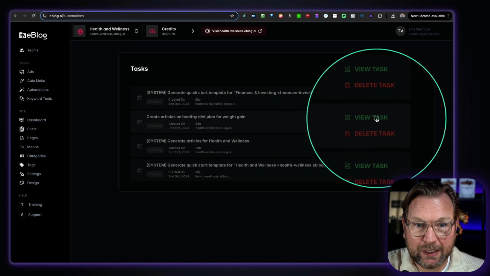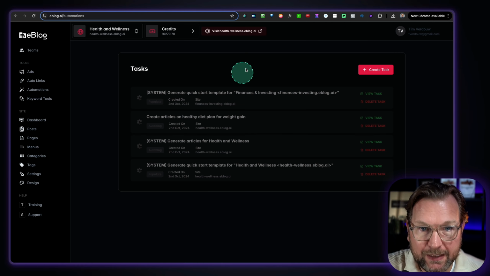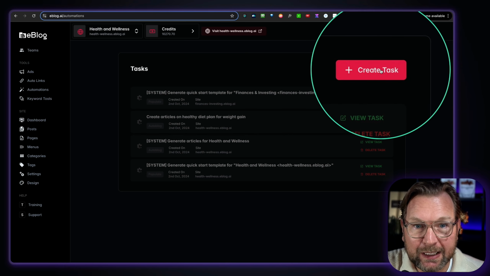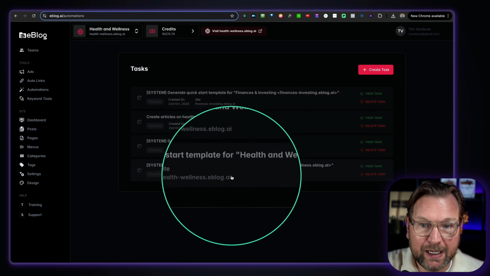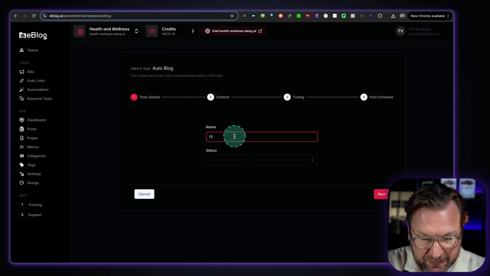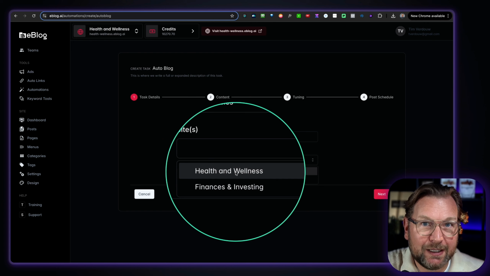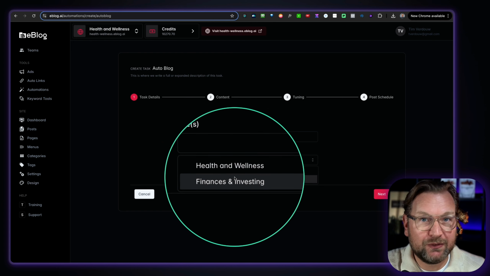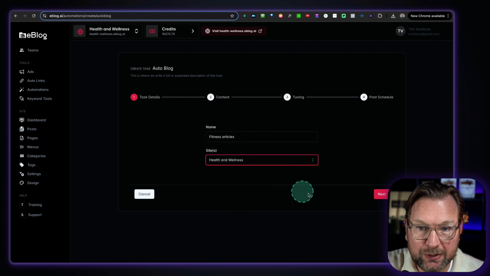So for example, when I click on view tasks, you can see that these 2 articles have been written and posted for me already. But to create a task, you simply click on create task, and here you say, I want to hire the AI to write for me. So we're going to give this task a name. We're going to say fitness articles, and we need to choose the website that we want to publish this to. So let's say you have 10 websites. You need to pick one of those 10 websites. In this case, we're going to publish this to health and